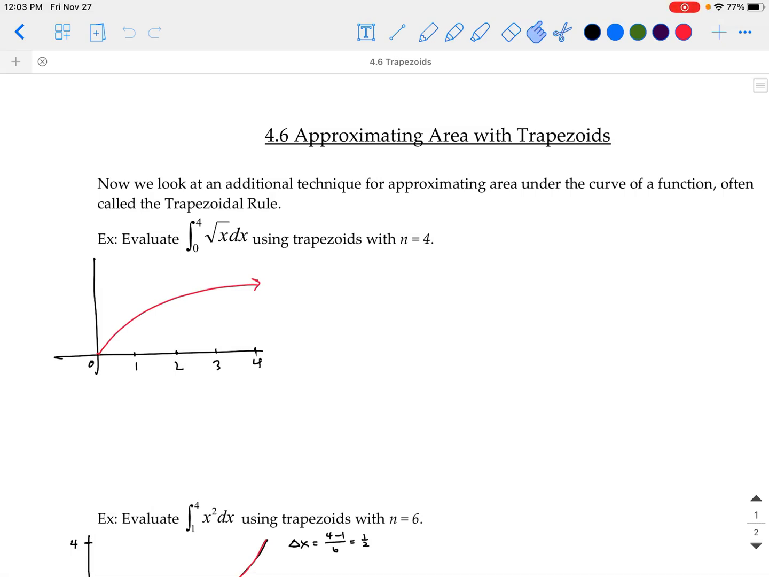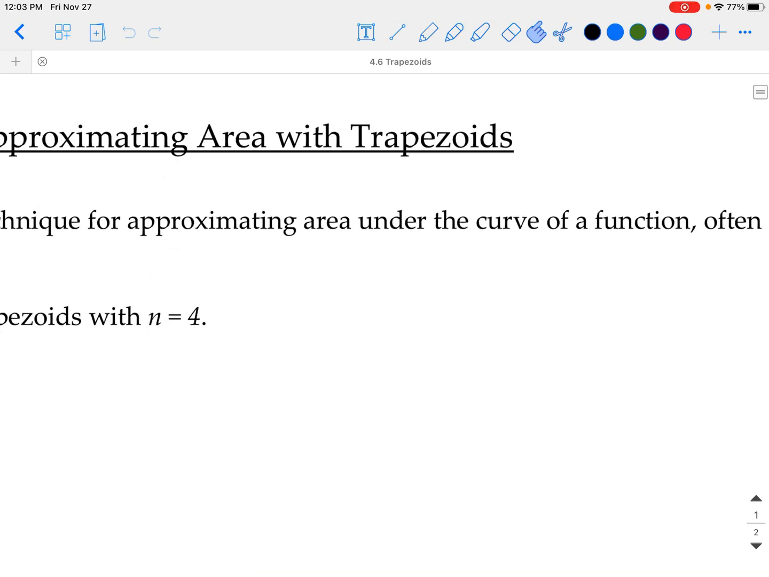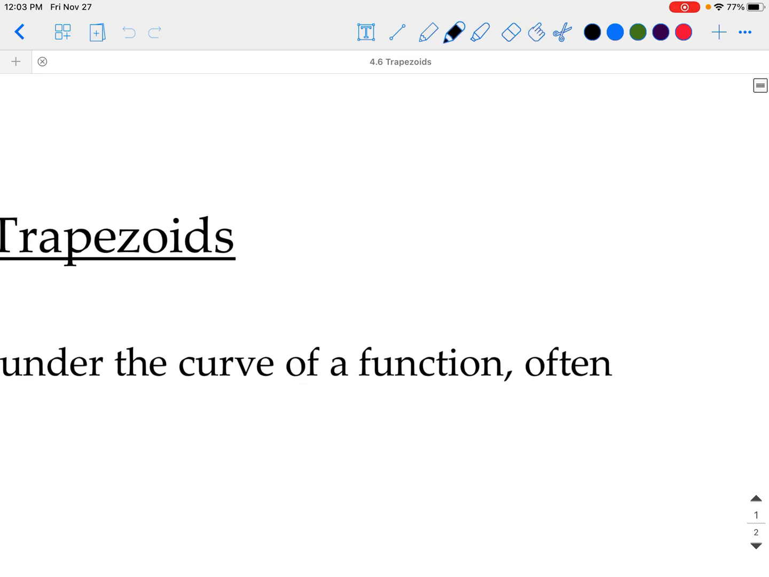Welcome back, everybody. So we are here in section 4.6. We're going to jump a little bit to the end of the chapter because it covers an additional approximation method called the trapezoidal rule. So let's just remember from 4.2, we had